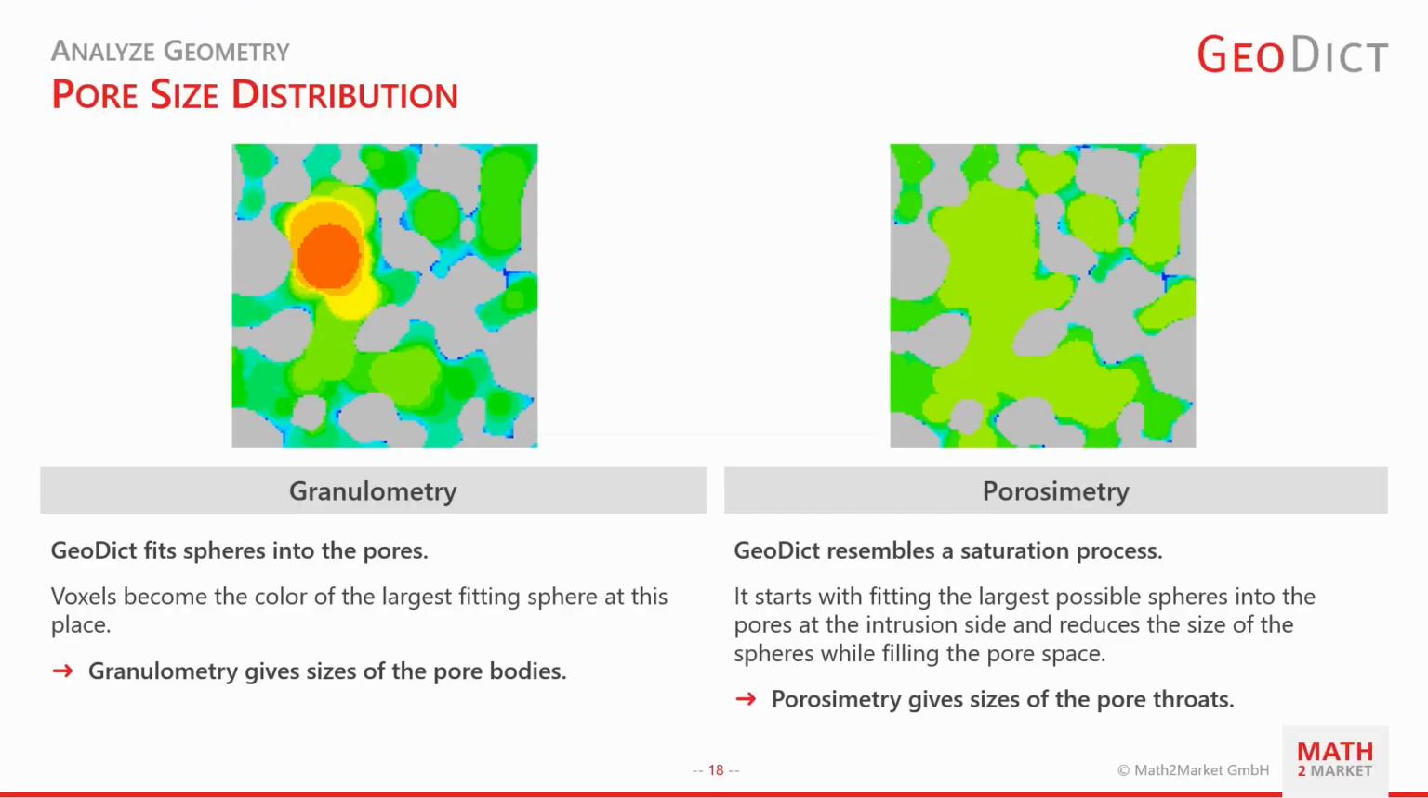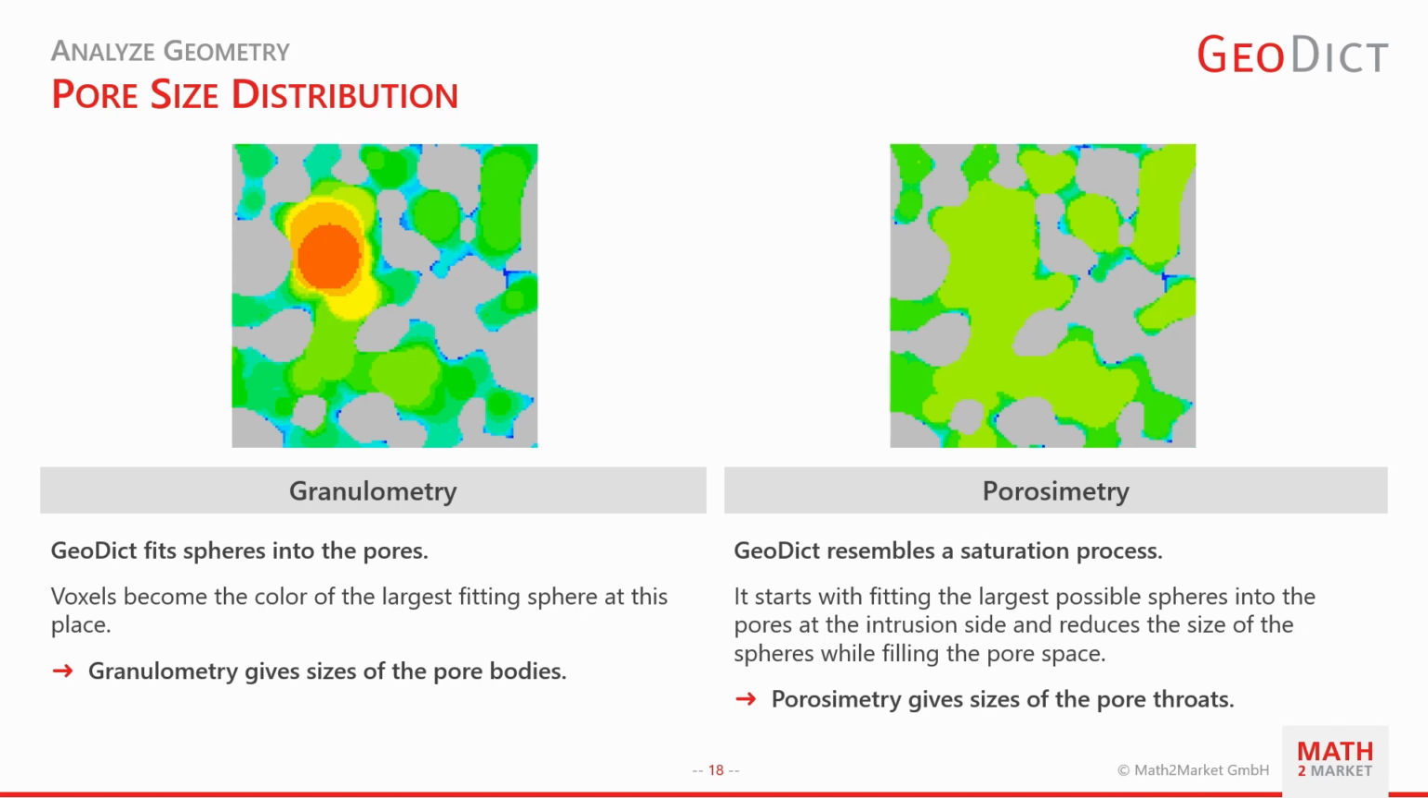The next thing we're going to analyze is the pore size distribution. And for this one, I want to present you two different methods that GeoDict can calculate. The first is the granulometry, where the pore body, so the volume of the pore, is analyzed. For this, GeoDict fits spheres into the pore and the voxels become the color of the largest fitting sphere at this place. The porosimetry on the right side is